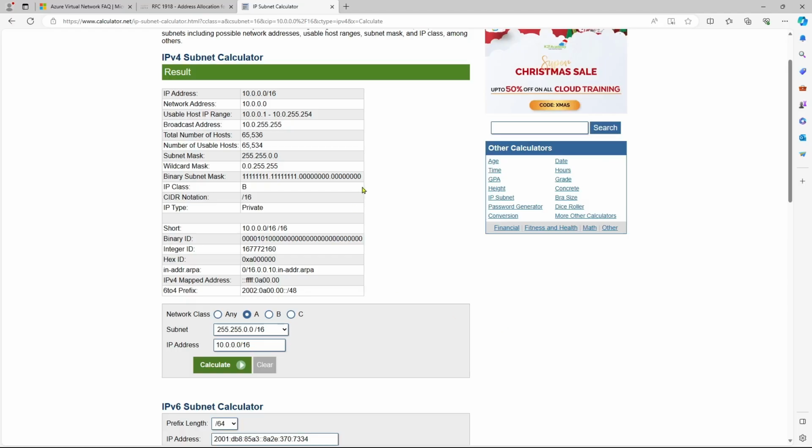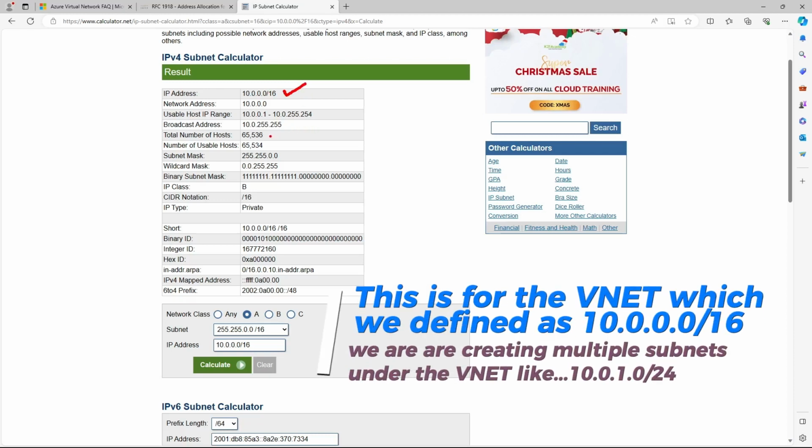Let us see using the subnet calculator. Because I am using this particular range for the virtual network, I will be able to see how many IP addresses I can assign to hosts. So total 65,536 I can assign to hosts in this particular virtual network,